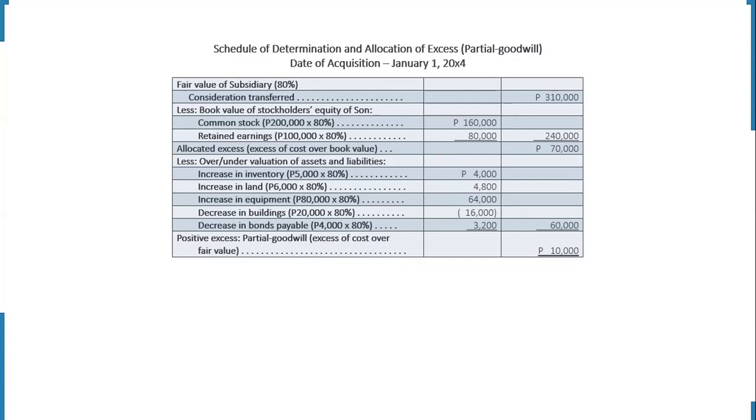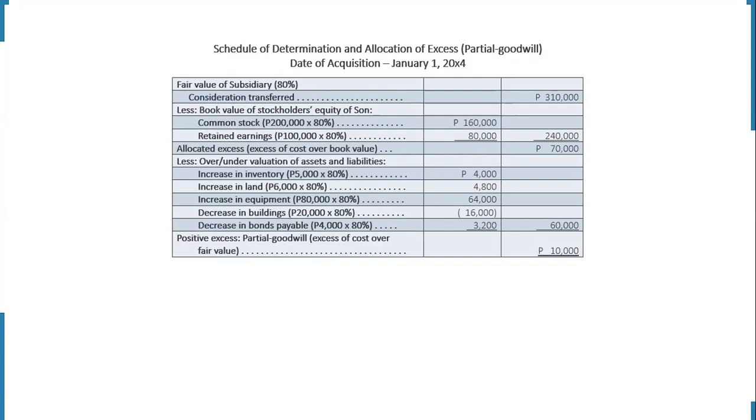Sun is the subsidiary. So we have now the common stock of Sun, 200,000, but we multiply this by the parent's ownership interest, then retained earnings, for the total to be deducted of 240,000. So the difference now is the allocated excess. The excess of cost over book value of 70,000. Then we have the allocated excess of 70,000. We are going to add